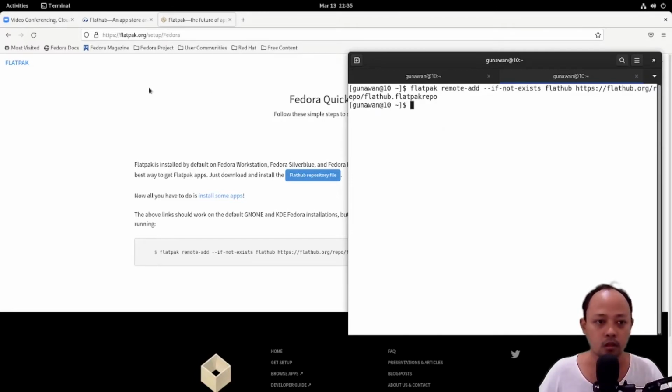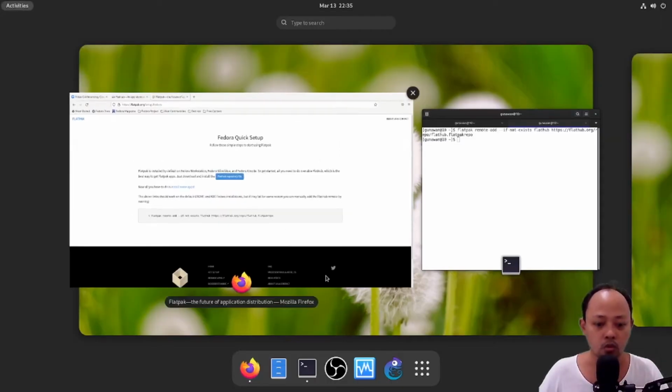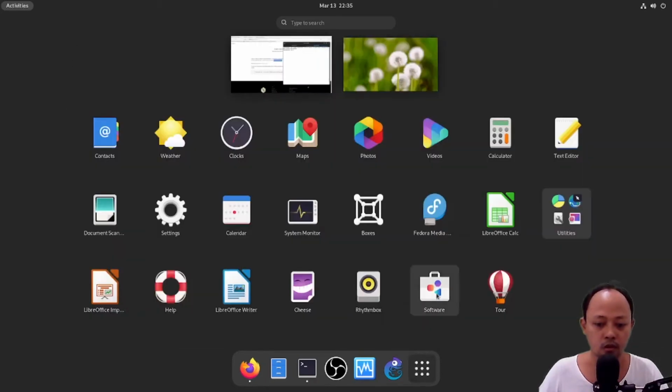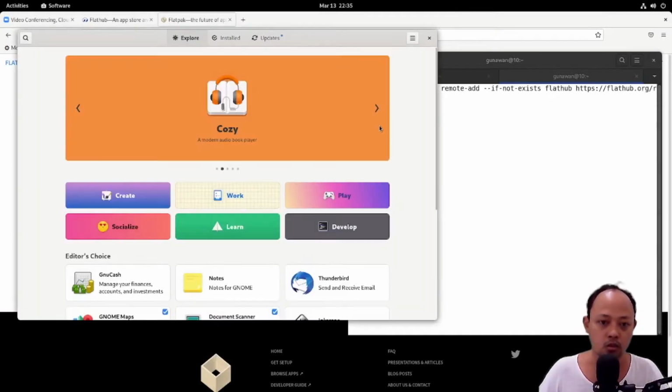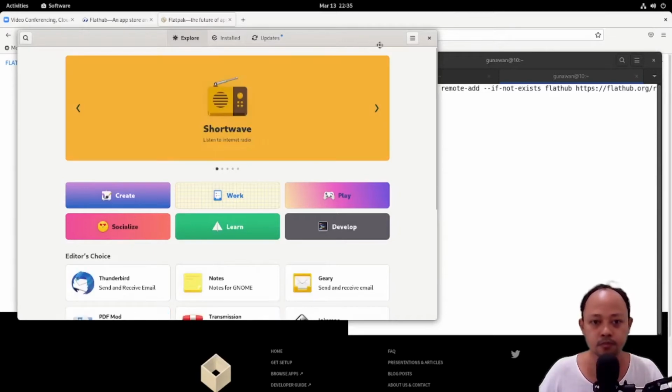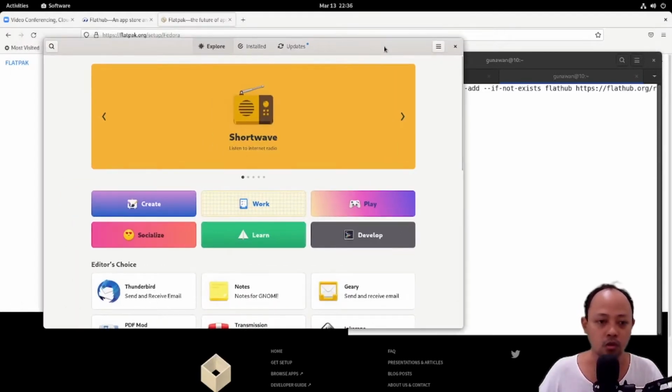You can check the Flathub repo from the software manager in the GNOME desktop environment. If you are not using the GNOME desktop environment, you can use the terminal to check the Flathub repository.